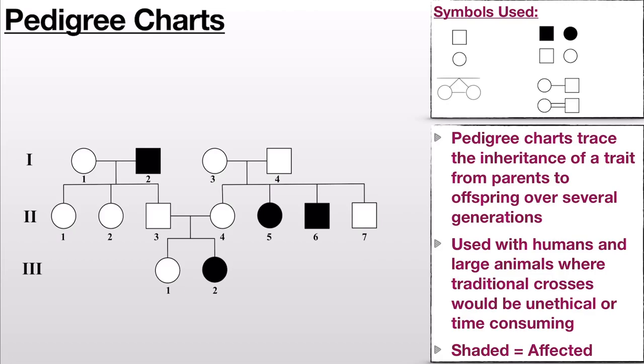All right, hey kids. So let's just talk a little bit about pedigree charts here. A pedigree chart is essentially a way of tracing the inheritance of a trait from parents to offspring over several generations. Usually, it's used in humans or large animals, where traditional crosses, like the Mendelian crosses, wouldn't be feasible